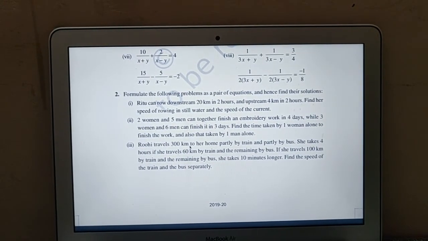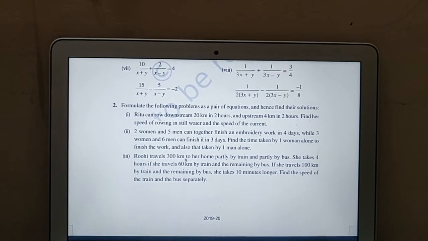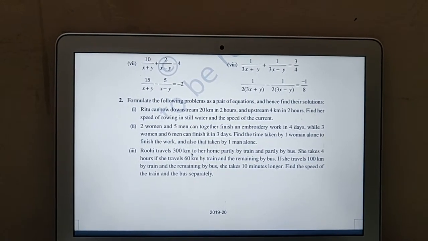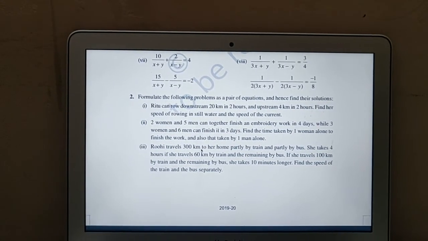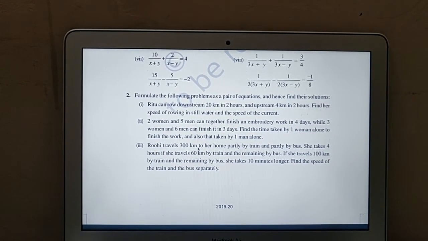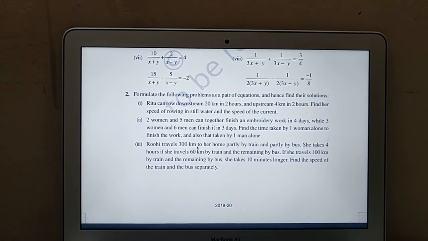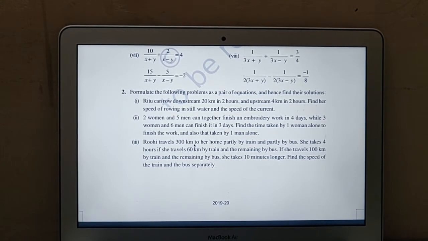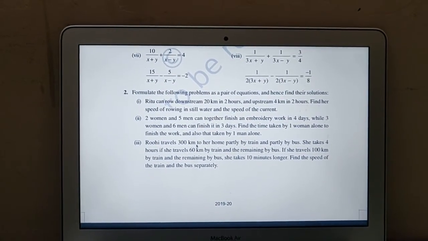Clear? But now look. Suppose 1 man takes 4 days to paint a room. If 4 men paint the same room, will it take less time or more time? It is going to take less time. So we are increasing the quantity, but the time is decreasing. So do remember this thing. The time question is of inverse proportion.